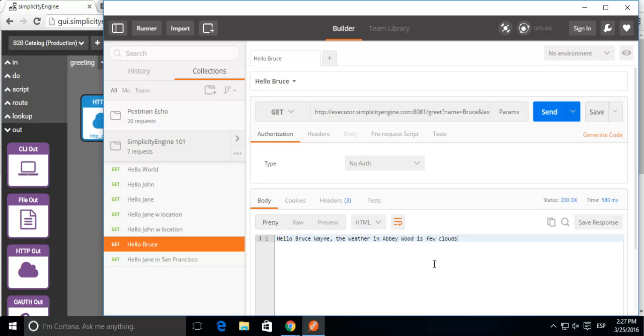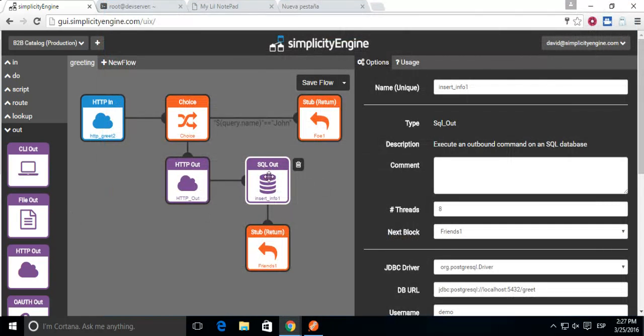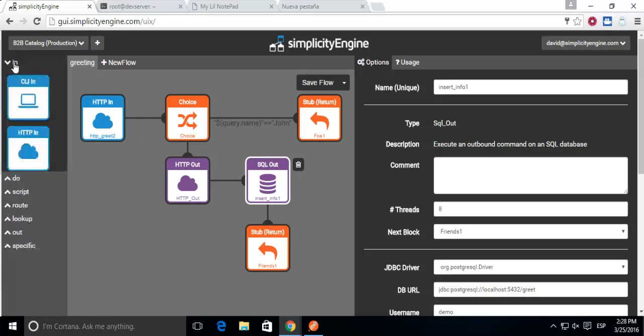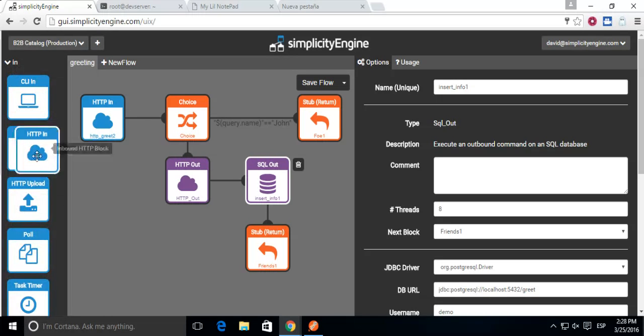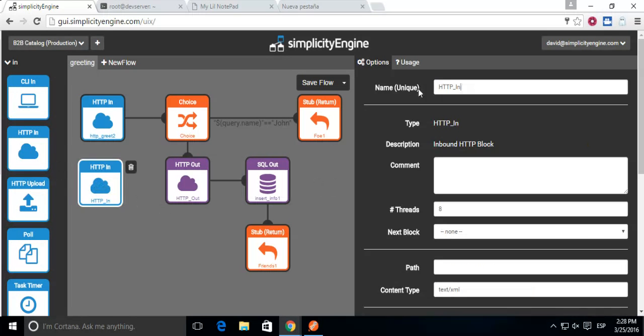See, it's still working, and there is no difference to the end user, but we are actually storing the information in our database every time they're calling. And at some point, we're going to want to retrieve that information, right? So in order to do that, what we're going to do is create another endpoint that only us will know. And for that, I just drag and drop an HTTP in block, and I'm going to call it